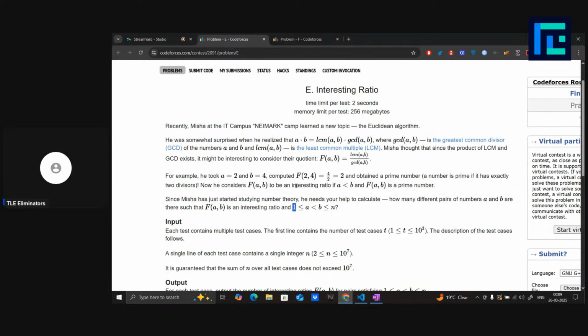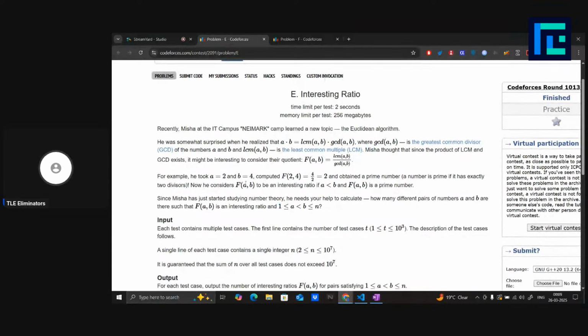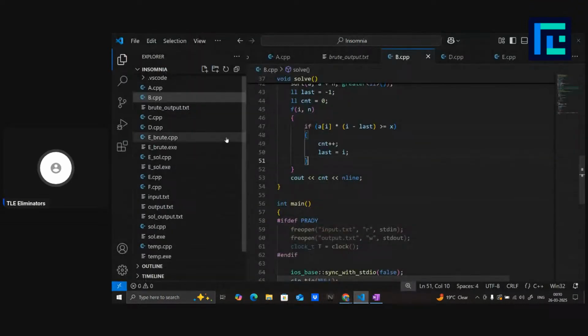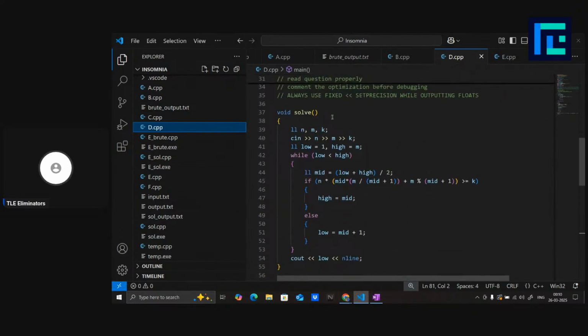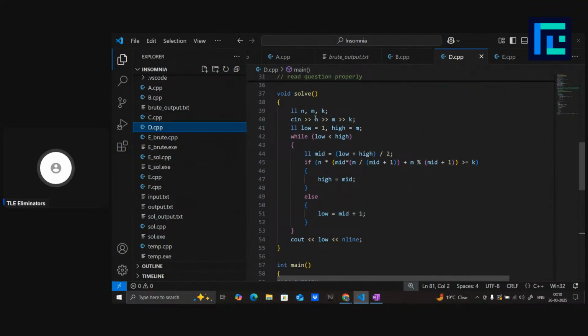Right. Okay, but before this, actually, I forgot to show the code for D. So I'll do that for you all. The code is pretty simple. We just take n, m, k, and set low equal to 1, high equal to n. While low less than high, we take mid equals low plus high by 2. Right? And we check for mid, that if